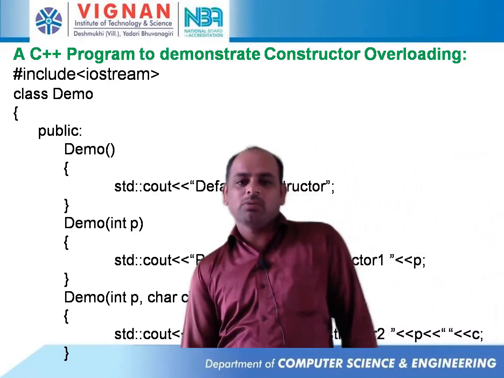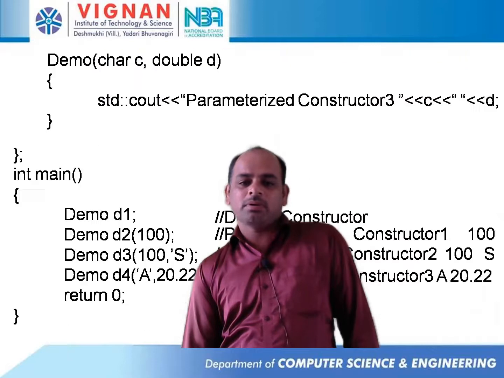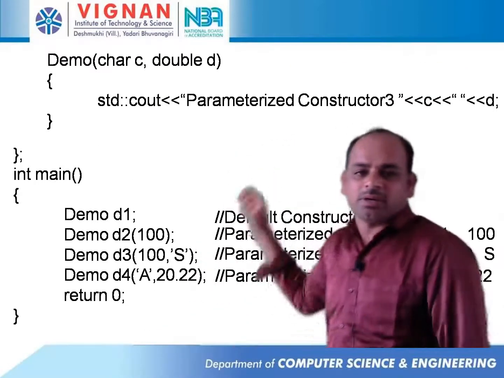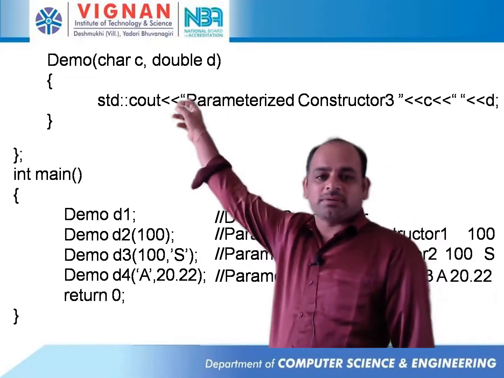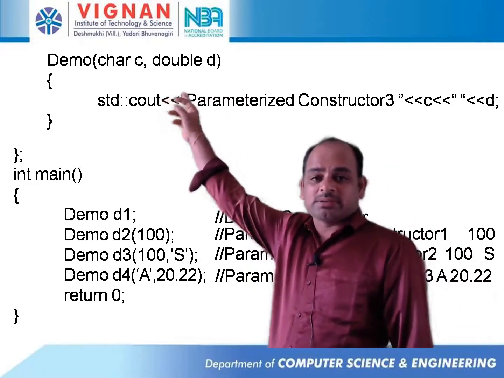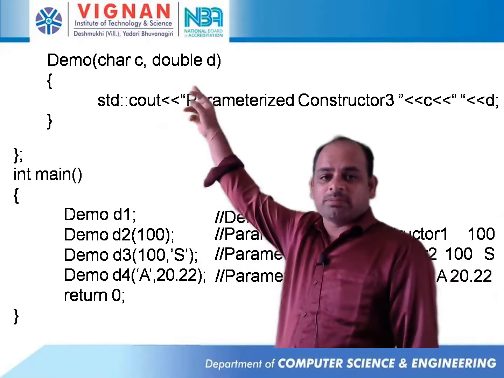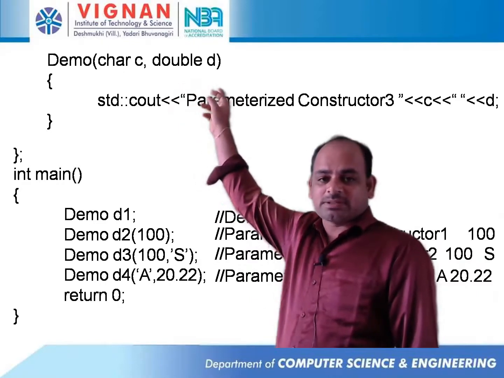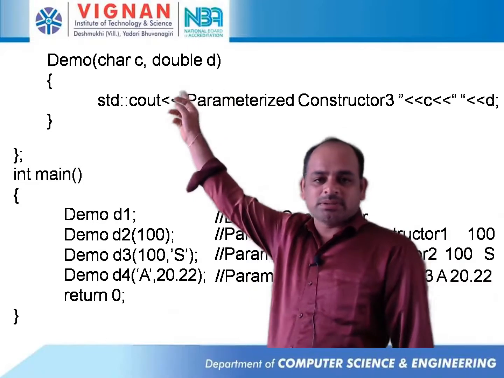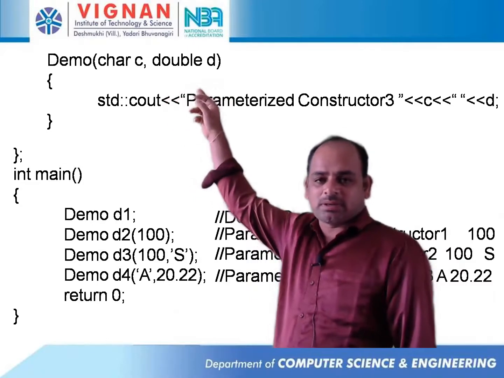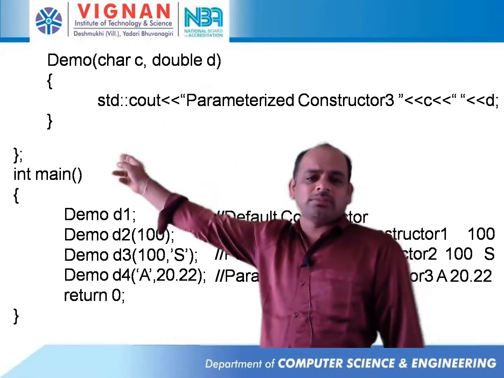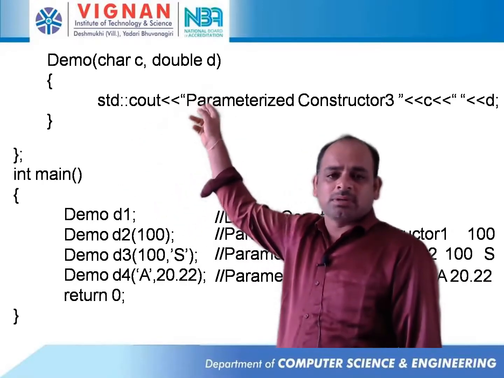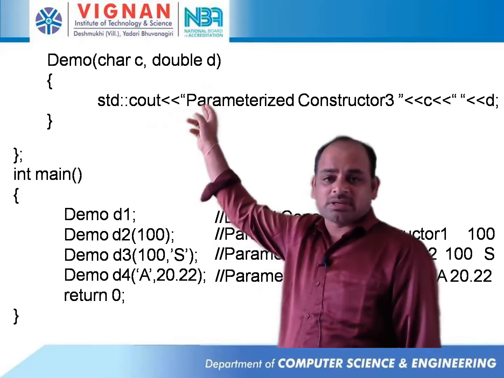Right? So how can we call these different constructors? And one more constructor is also there. Here the order of parameters is different. The parameters may be the same, character C and double D here. Previously double was the first parameter and character the second parameter here. But here C is the first parameter and double is the second parameter here, right? And closing of the class. So the declaration of constructors is over here.